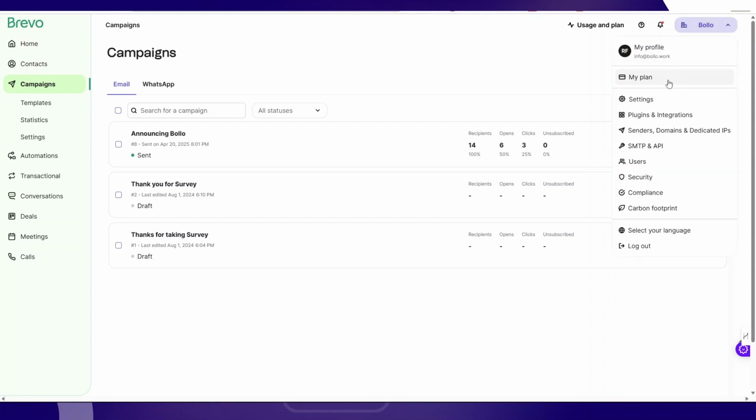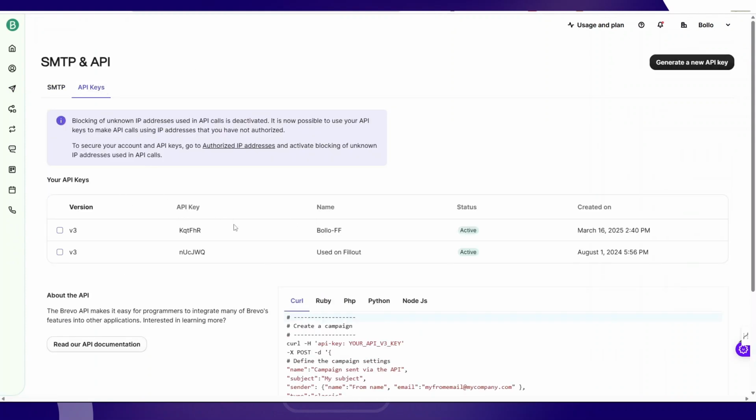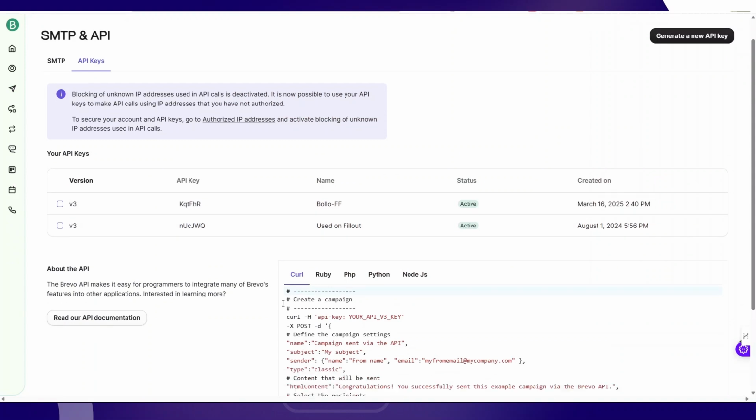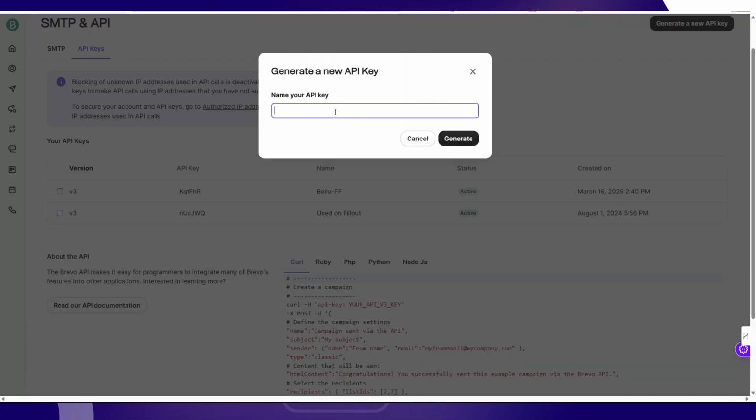Brevo has documentation for that, and that is available under here. If you click here and you see SMTP and API, you are going to see the SMTP configuration that you can do and the API keys that you can create to actually use. So all you have to do is just create a new API key, and let me say demo